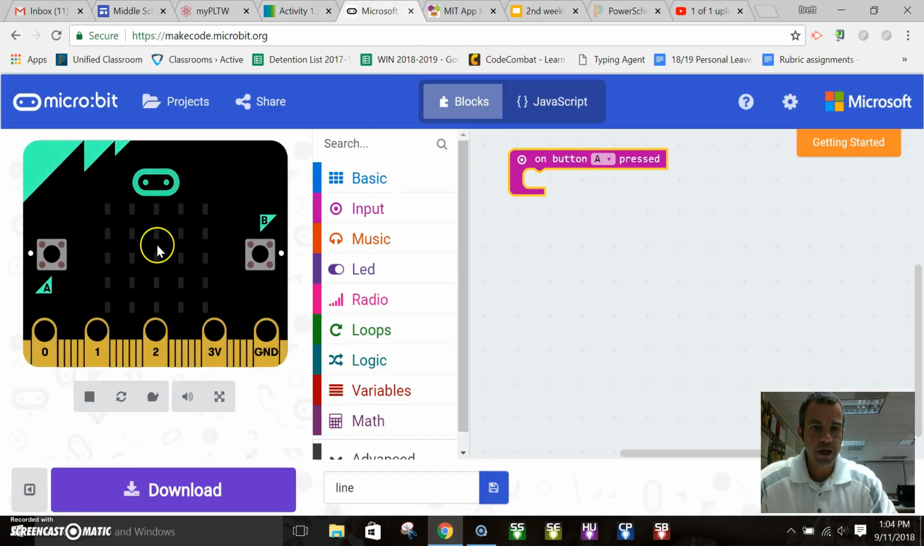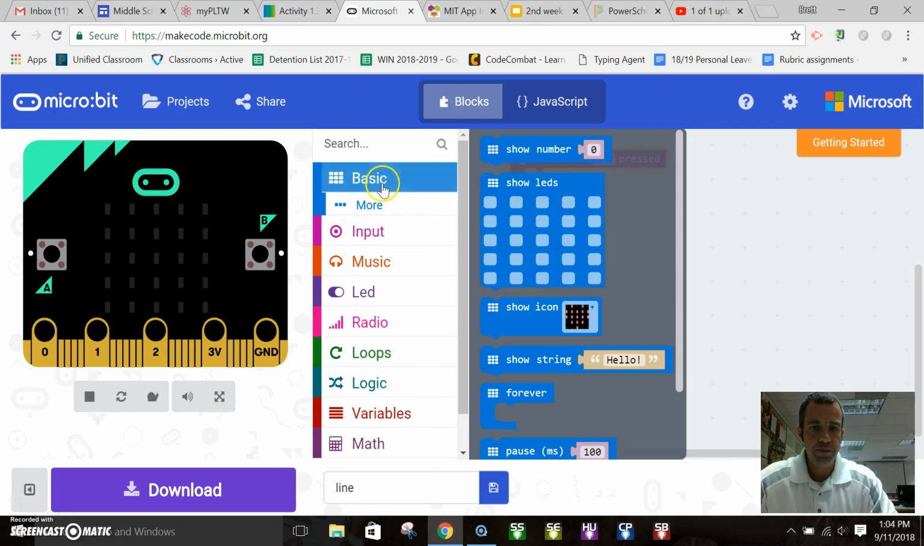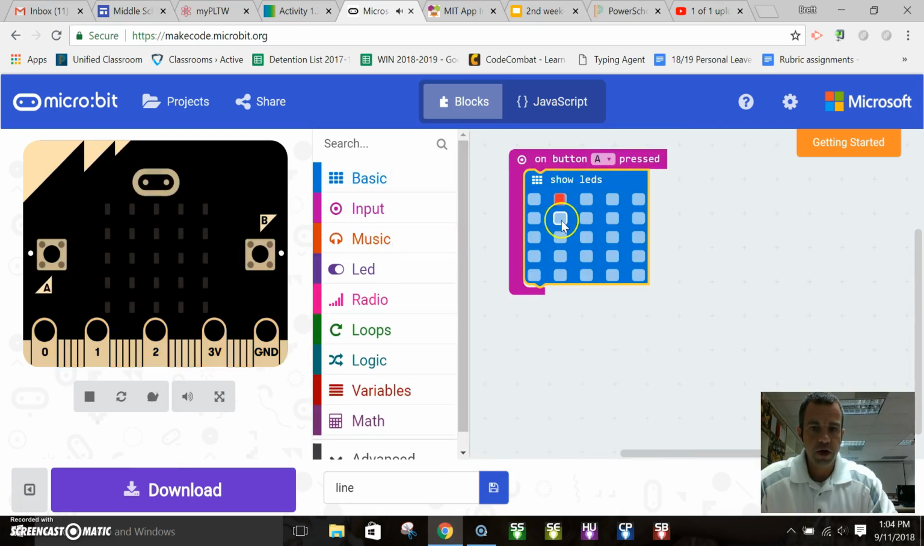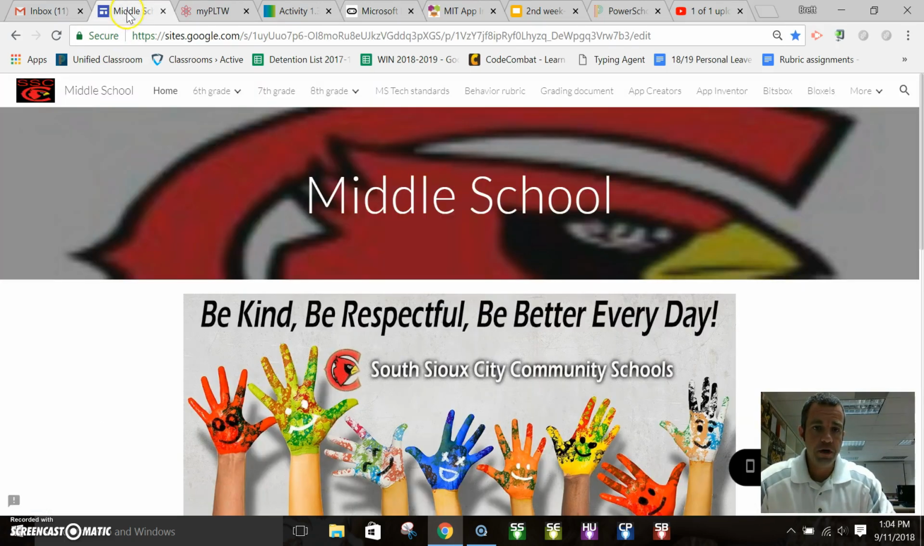Here is your emulator. So I have on button A pressed, and let's say I want to drag this over and do a couple of these. It's going to only work if I press A. Now the emulator is off just a little bit here, but if I press A, there we go, it's going to show up. If I want to test my code on the actual microbit,